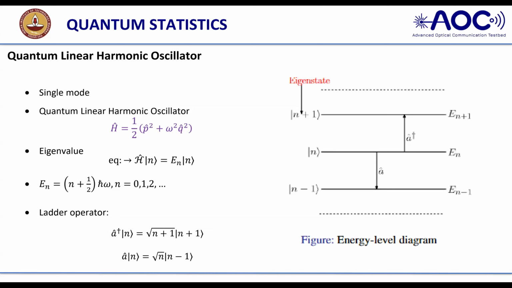So when it acts on the N state, it gives the energy of the N value and the N state. This we have studied in 12th physics, the energy discretization of an atom, what is an energy level. So when you see that for N equal to 0, you get half h omega. This is the spontaneous emission. So we leave that part.